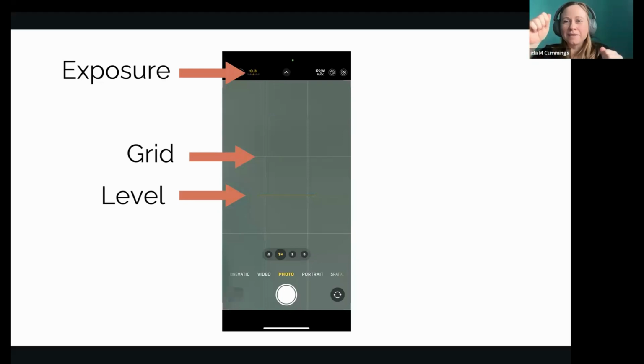The more you tilt and the more you make it look crooked, the more awkward it's gonna look. A great place to start is just to make them level, and your phone already has a level built into it. So basically it has these two white lines in here, and when it's the yellow line, that means it's level, it's straight. So when you're taking group shots or anything, make sure it's straight.